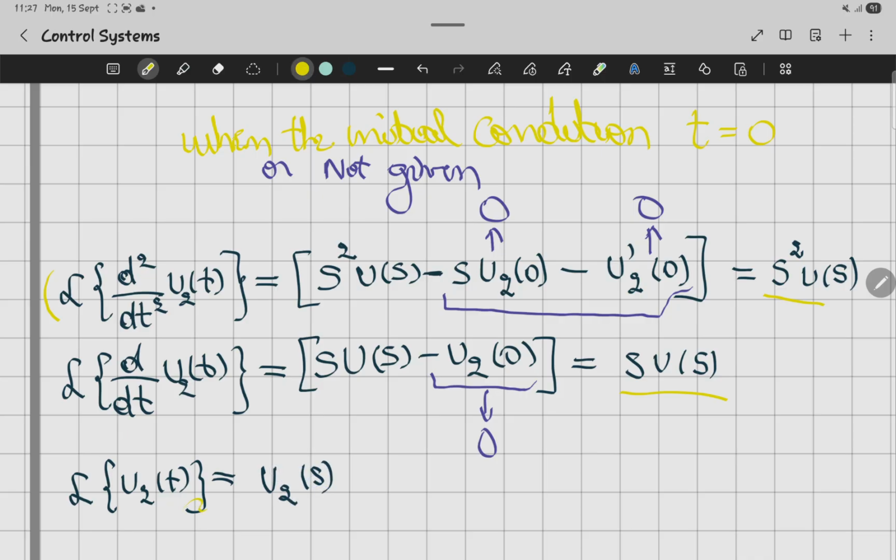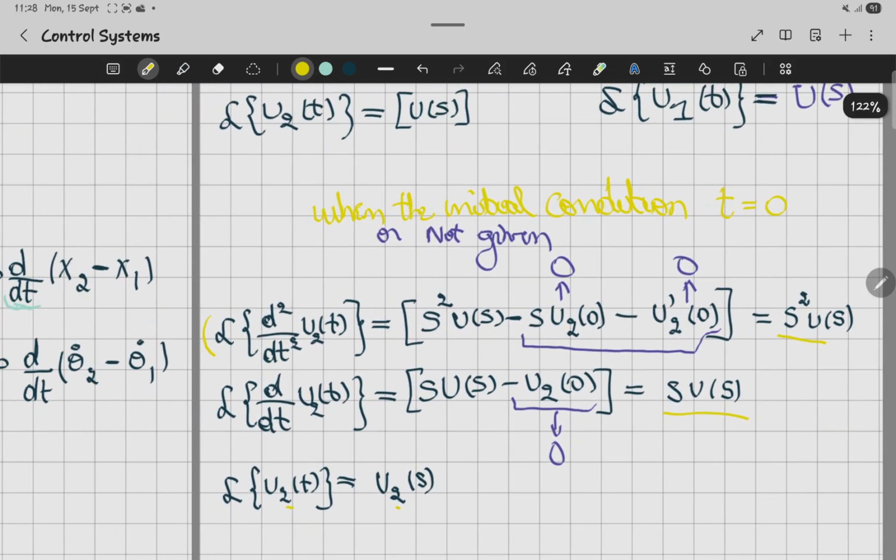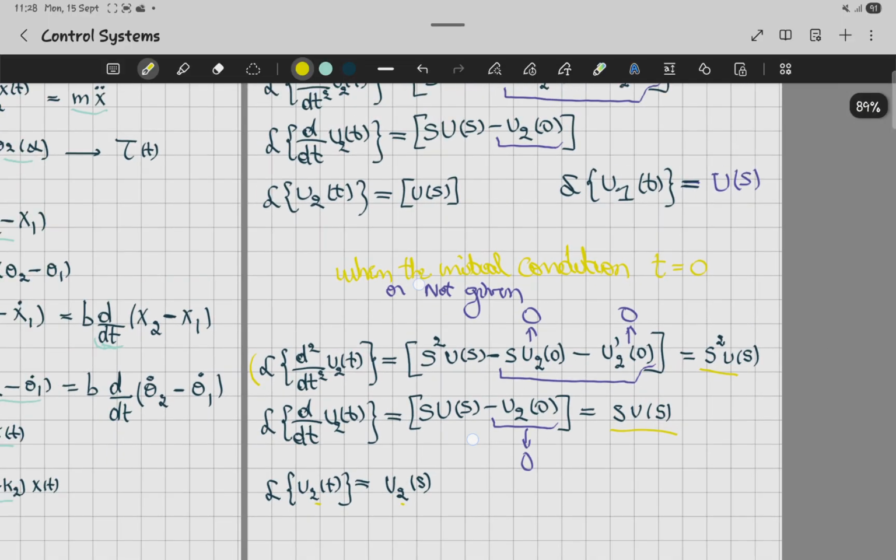Okay, now about the subscript, let's just